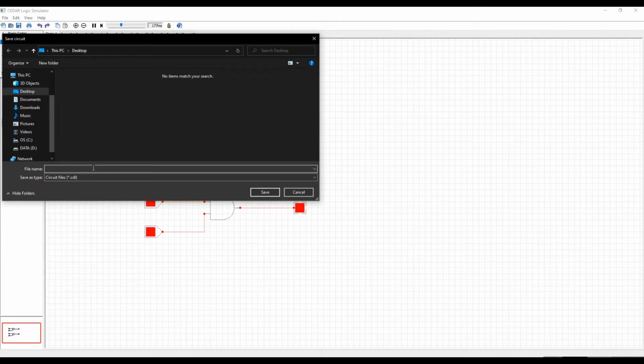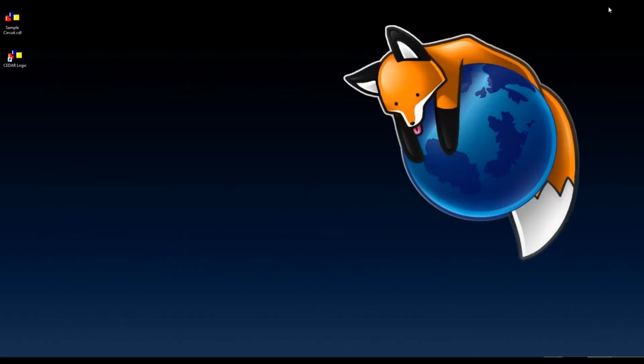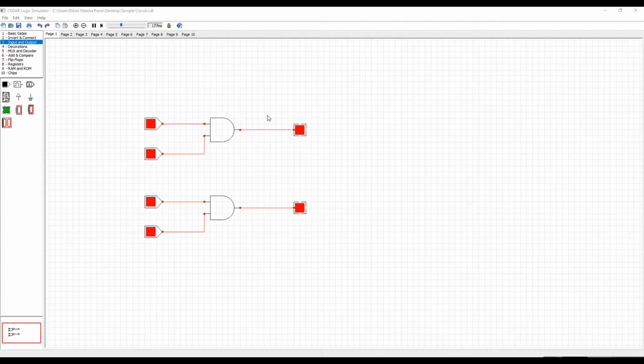I'm going to give the name like sample circuit like this, and click on this save button. And when we go to the folder that we saved, I saved it in desktop, so we can see there is the circuit that we built earlier.